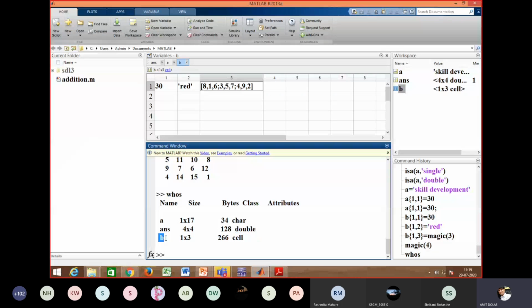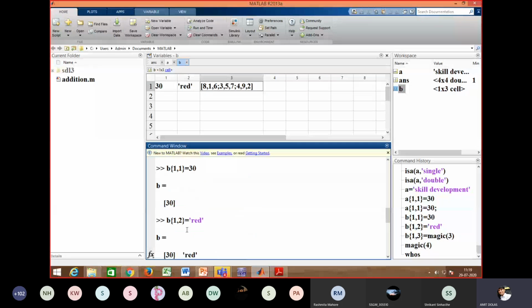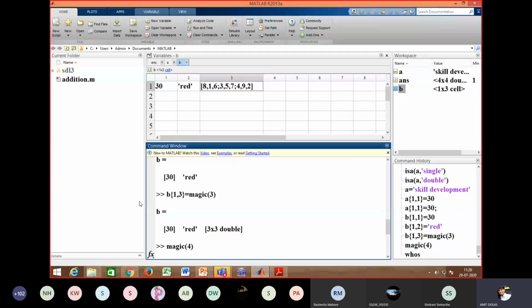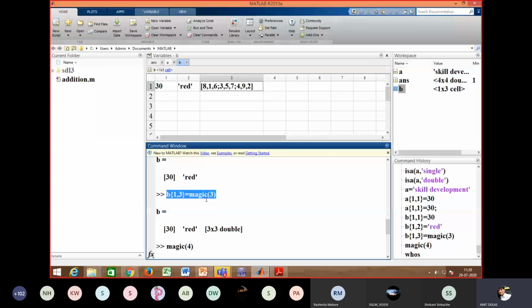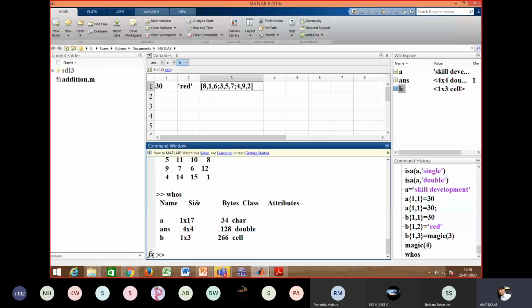But for B, we used this program: B(1,1) = 130, then B(1,2) = 'red', then B(1,3) = magic(3). So we have three different data types in B: a number, then red, which is nothing but a character, and third, magic, which is nothing but a matrix.